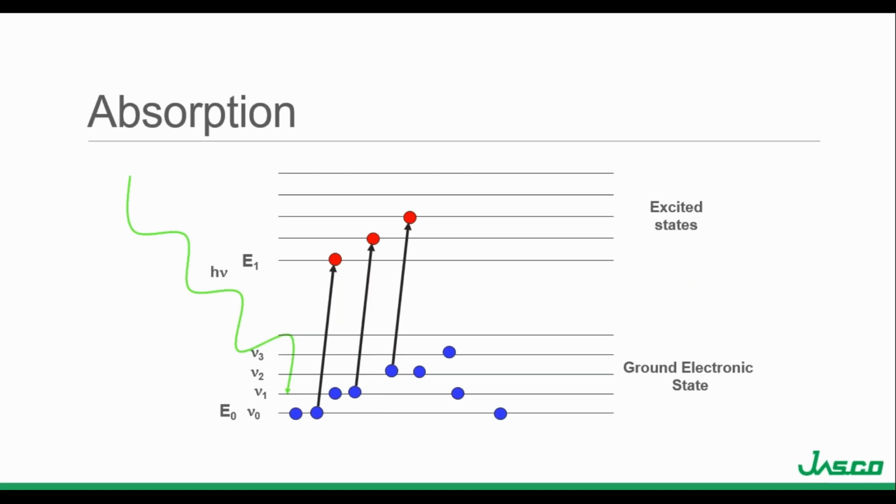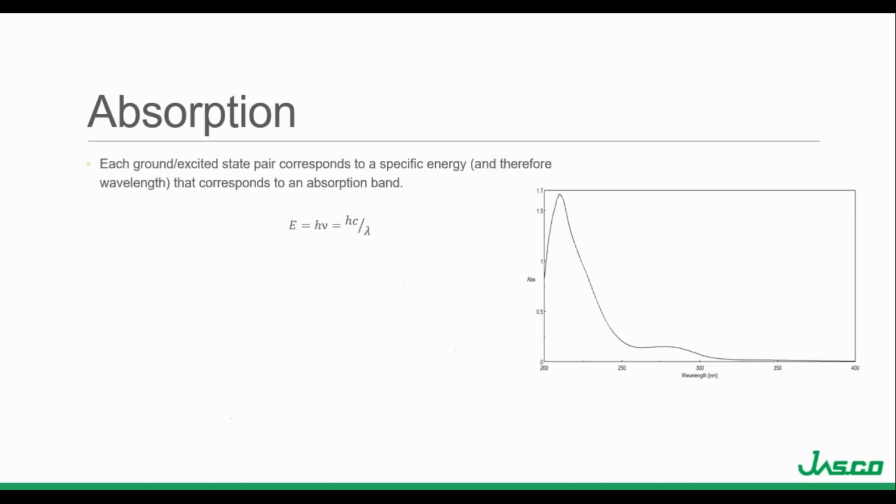But what is absorption? Absorption occurs when the frequency of the incoming light is equal to the energy difference between a molecule's ground and excited state. The excitation of an electron from the ground state to the excited state is an electronic transition. The energy difference of each ground-excited state pair corresponds to an absorption band, and the relationship between the energy difference